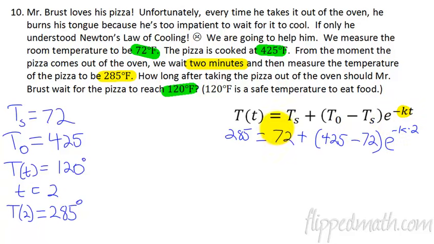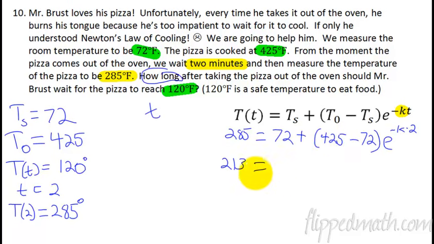So subtract 72, and that is 213. And I've already done these numbers in a calculator because I wanted to speed this up. 425 minus 72 is 353. And then we have e raised to the, let's just change this to negative 2k, since that's just multiplication there. And now we divide both sides by 353. And again, I did this in the calculator to speed this up. And I get